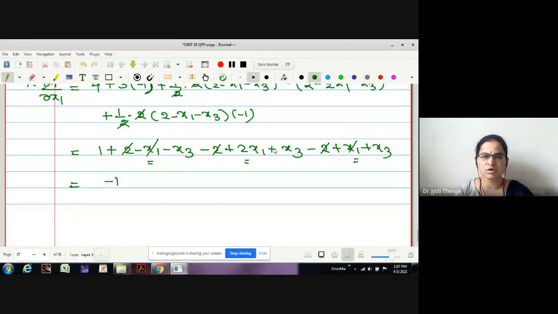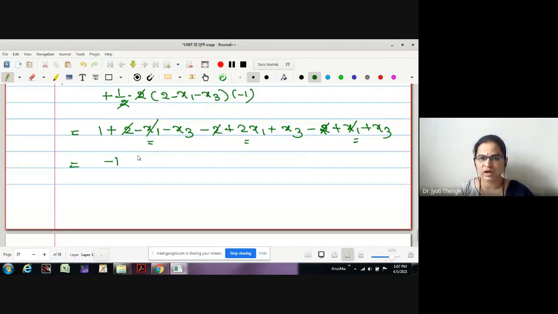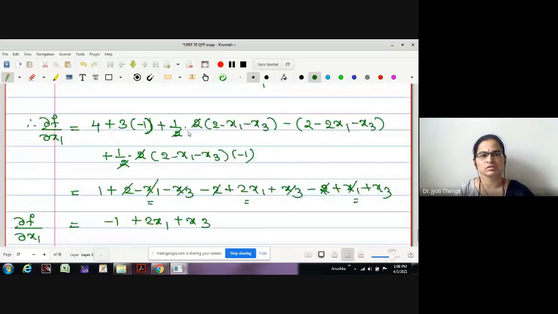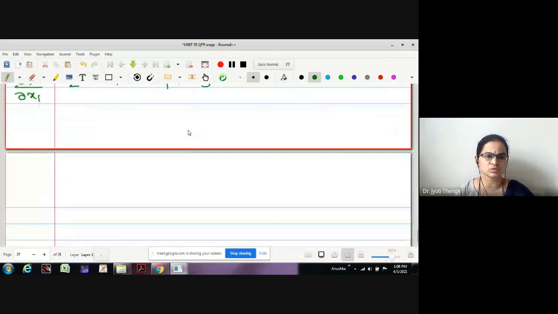And here we have one more, no? 1 minus x1, take value plus. Let us check. What about x3? Plus x3 minus x3 cancel. Here it is plus x3. You can check it afterwards also. Okay? Check the derivatives. If somewhere the calculation goes wrong, you can correct me afterwards also.